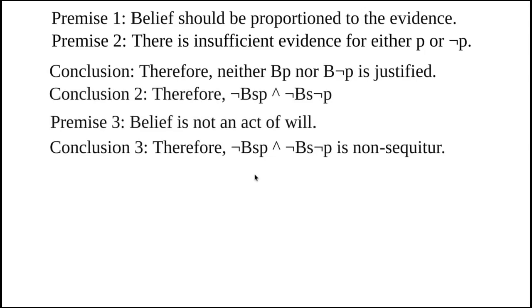To be more charitable, we could rewrite the argument for clarity and to better reflect Hume's position. Revised premise 1: a wise man proportions his belief to the evidence. Revised conclusion 2: therefore, the wise man withholds full belief in P or not P when there is insufficient certainty to adopt either position. This more reasonable form retains the many degrees of belief available to the wise man, such as suspension of judgment.